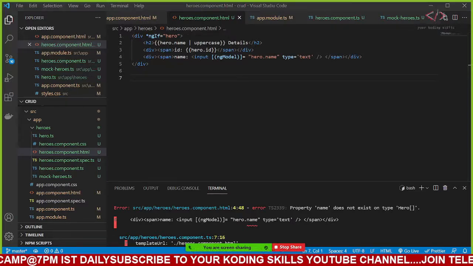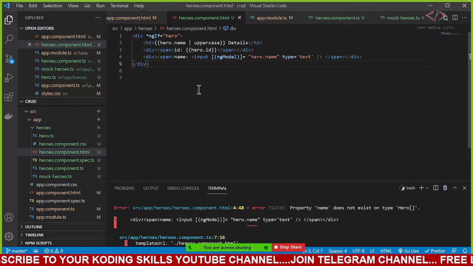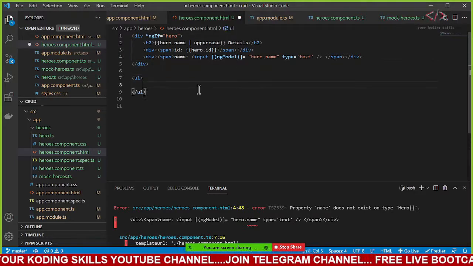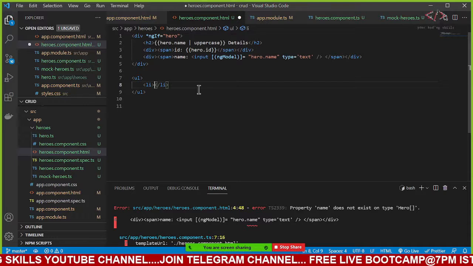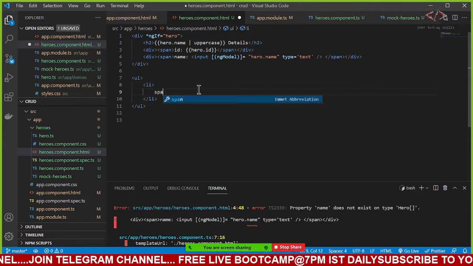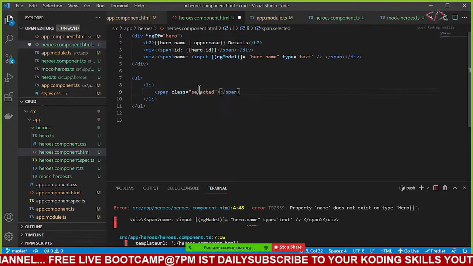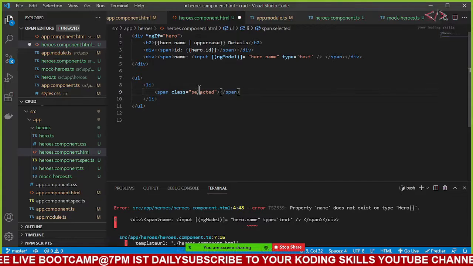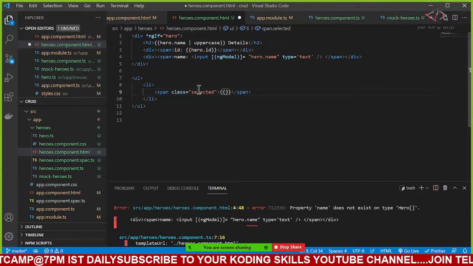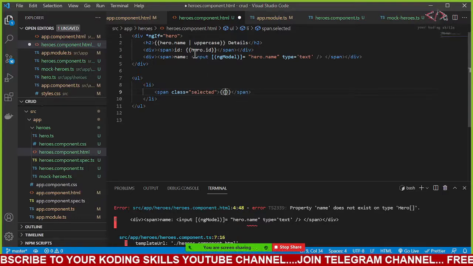I will create one UL below this, and inside this I will add an LI, and in this LI I want to have a span with class equal to selected, and here I want to display that list.